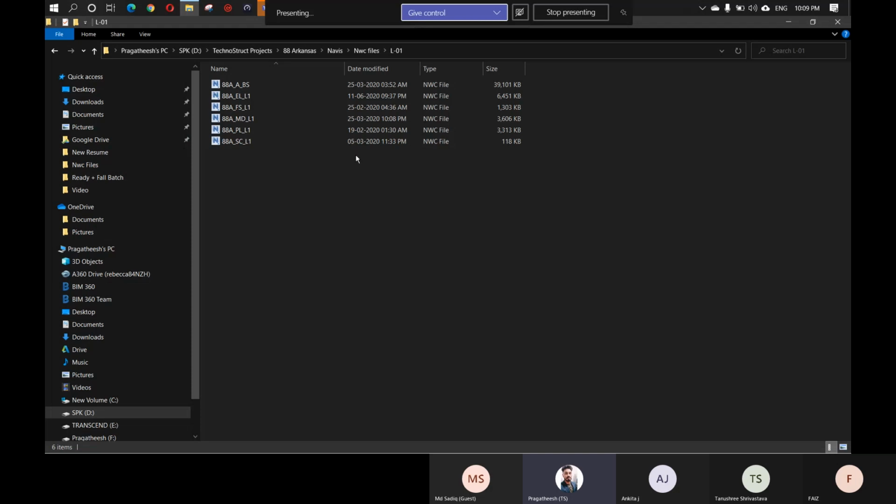Okay, so once that is done, you can see there is an option called update all. Once I give this update all, what it will do is find all the new clashes which are not from the previous clashes. As I said, every stakeholder will change their models, so the new clashes after the changes happen will come separately.